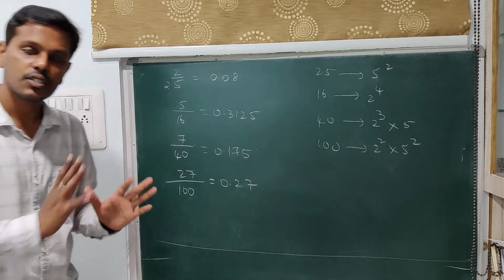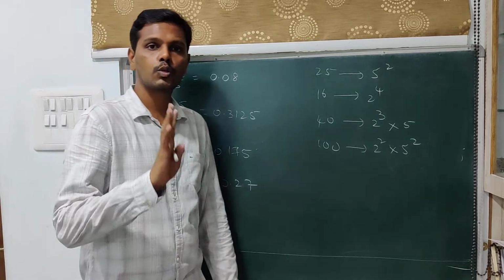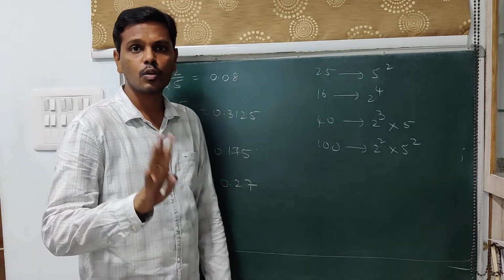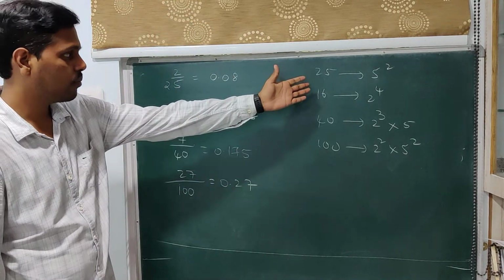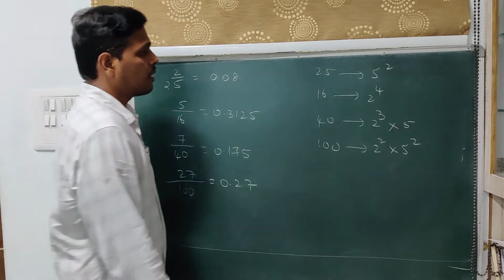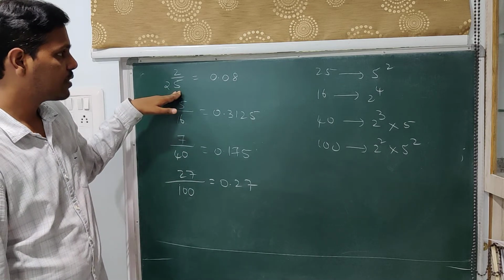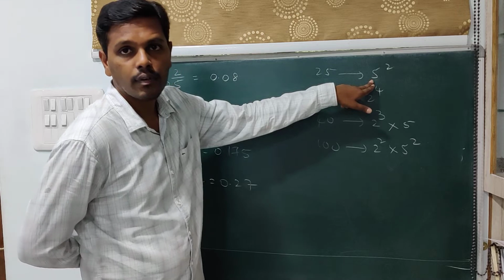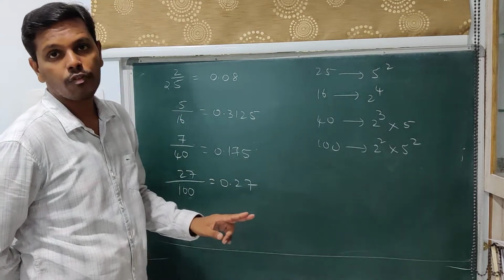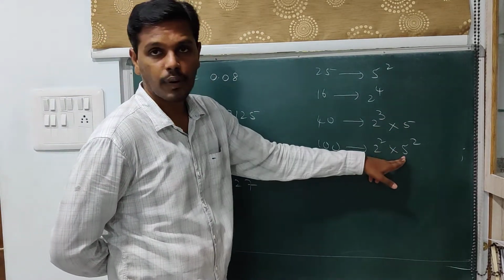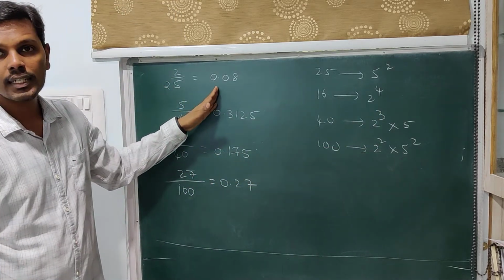That is, whenever a rational number has a terminating decimal expansion, you always have 2 and 5 as prime factors, and you will only have 2 and 5 as prime factors. Or you can say it more generally: given a rational number, if the decimal expansion has only 5 as a prime factor, or only 2 as a prime factor, or only 2 and 5 as prime factors, then we can say that that rational number ends up with a terminating decimal expansion.